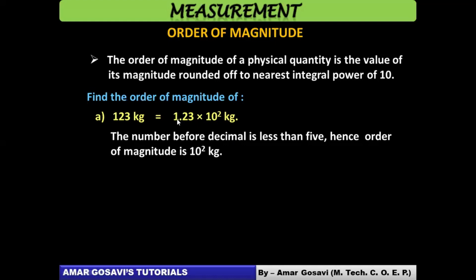Had it been 5 or more than 5, then what you are supposed to do? Okay, the next question comes into picture. But if it is less than 5, then how to depict the order of magnitude? This example makes it very clear to you. Hopefully you understand this. In examination also, you get some quantity being measured. You just try to put it in this format and see what the order would be.